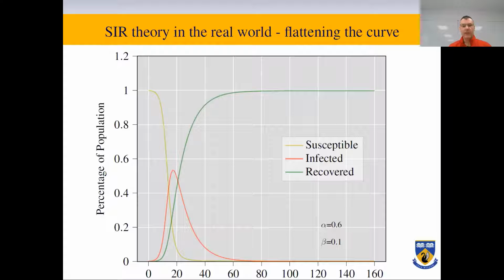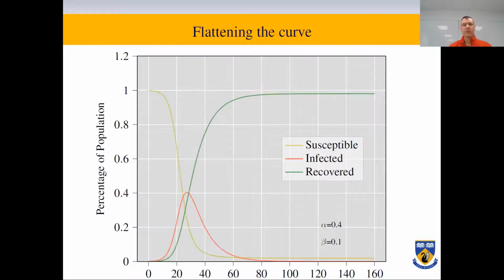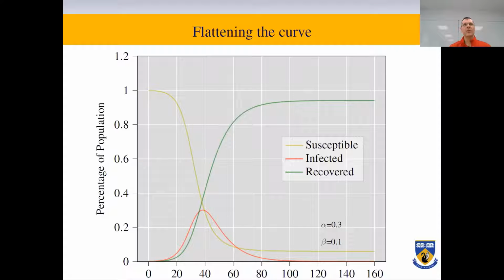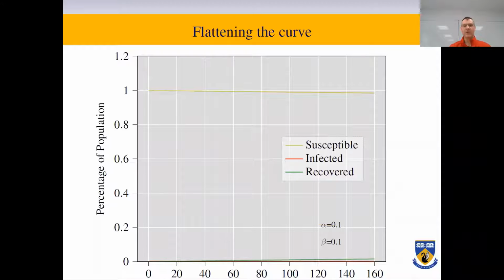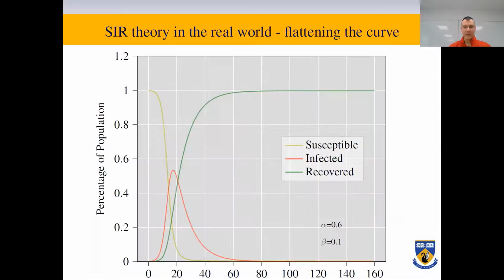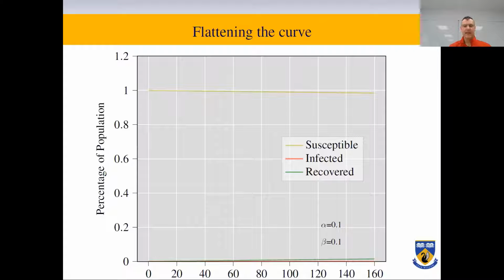Instead, if you reduce alpha to 0.5, you may see, going from here to here, that somehow the curve is flattening a bit. So the top of the red curve has decreased and has moved slightly to the right. So if you go to 0.4, you have the same situation, somehow even more noticeable. 0.3 again, and 0.2 even more. 0.1 becomes dramatically better. So in a sense, if you look at this as an animation, you can clearly see that the